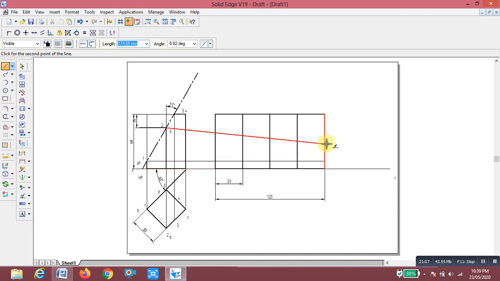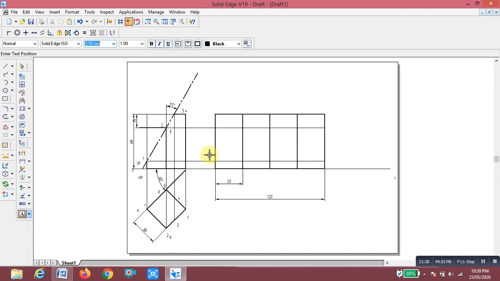We draw it up to here. Now we have to join point 1 to 2. This is point 1, this is 2, this is point 3, this point is 4.